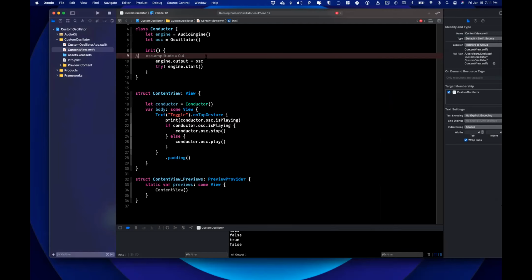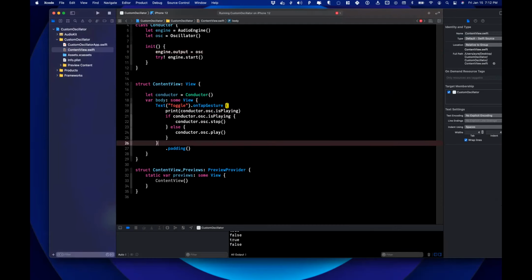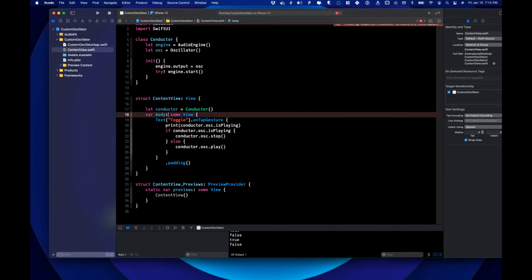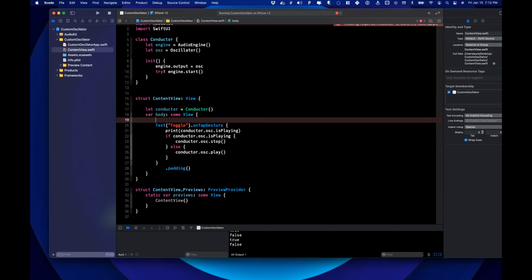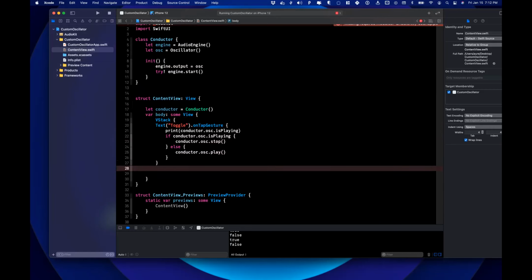All right, so I don't see what I did wrong here. I don't think there's anything wrong in the code. I feel like there could be something wrong with our audio setup. So one way of testing that, I suppose, would be to put another UI element here. Stack. Don't need this padding at all. Put in there